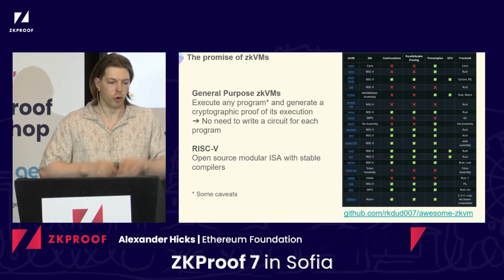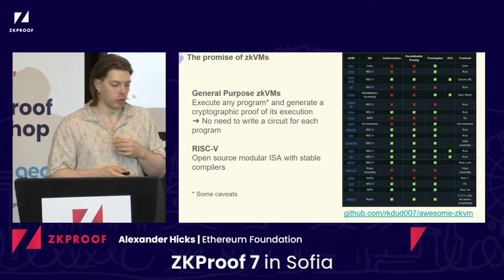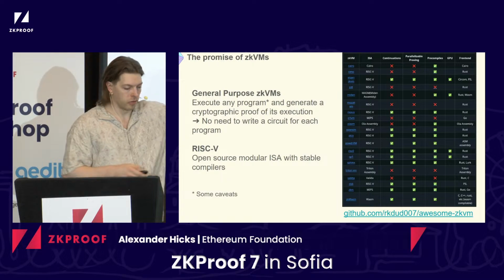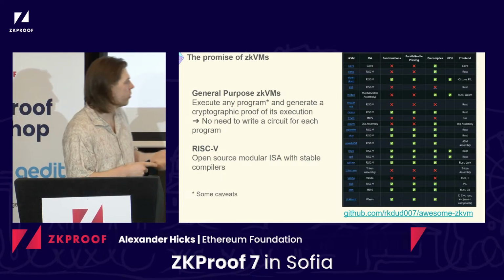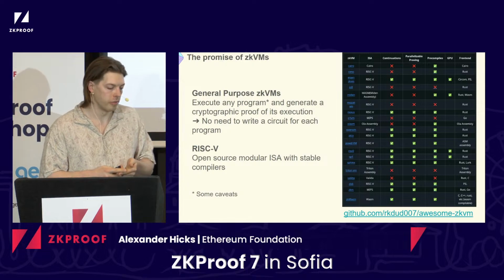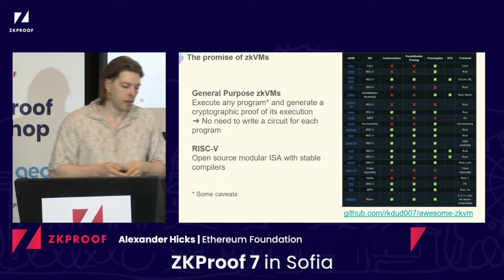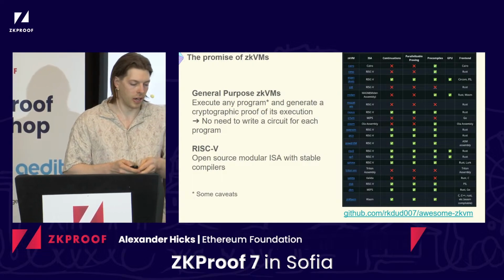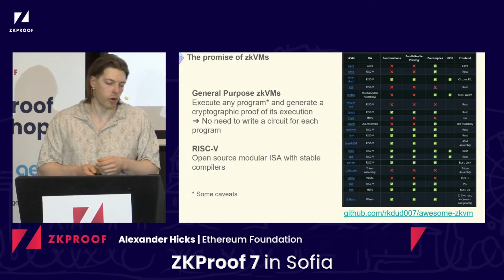So the more we can make that something that doesn't have to be repeated all the time, that seems kind of nice. You'll see a couple patterns if you look at the list of zkEVMs. One of these is RISC-V, which shows up as the most common underlying ISA for the zkEVM. And the other one is Rust, which shows up as the most common front end for a lot of zkEVMs. And both of these will come up a bit in what I'm going to say when it comes to actually formally verifying zkEVMs and programs that would run on them.